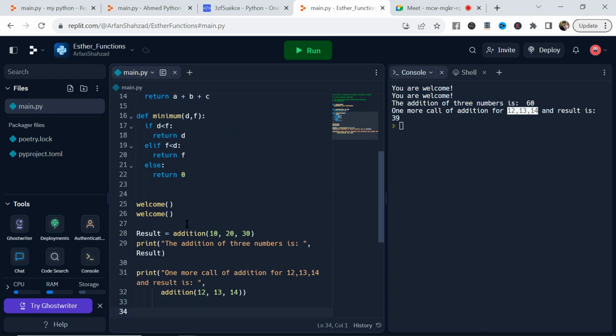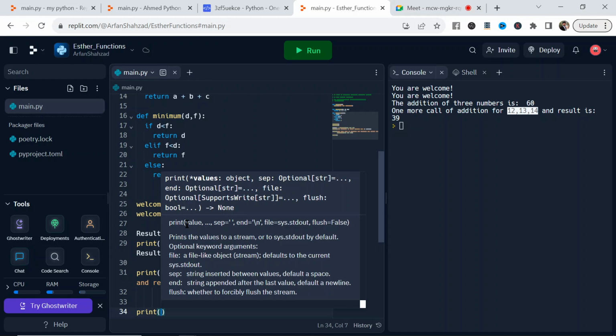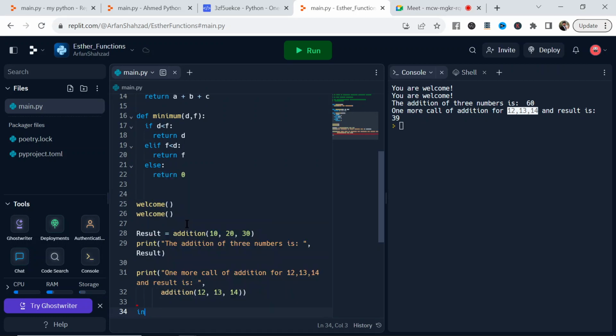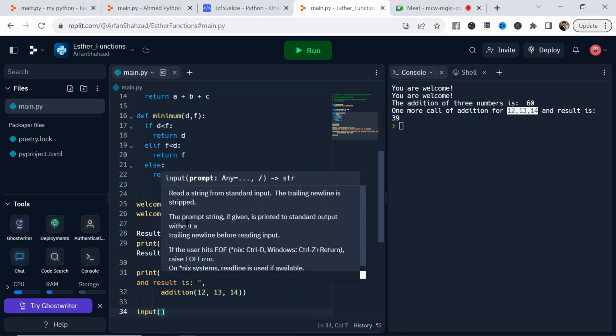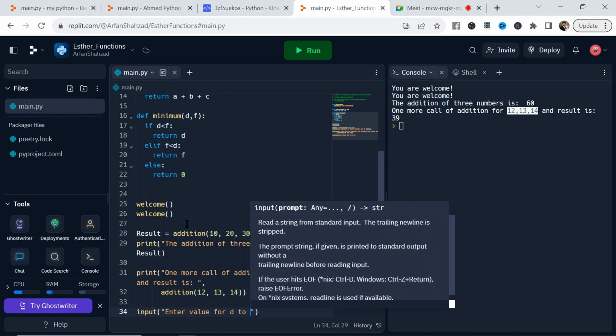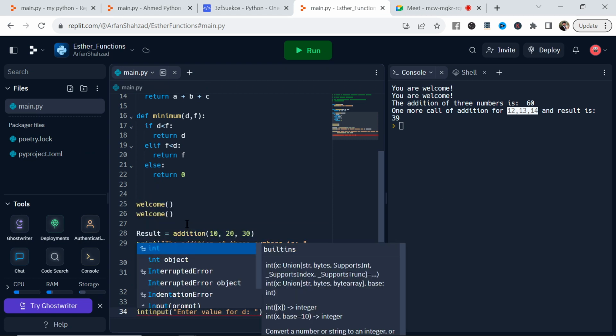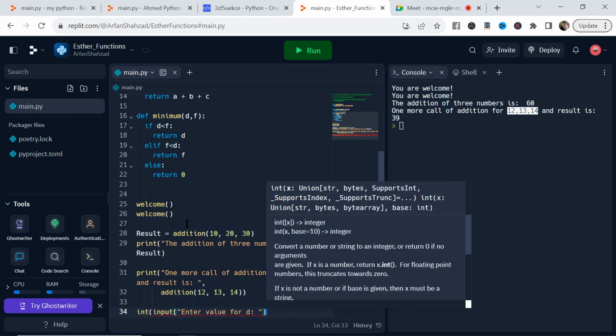For example, I am going to call this function. I can do more different things with this function calling. For example, I can take arguments from the user. For example, I am saying here input, enter value for d, and because I need this value as an integer,